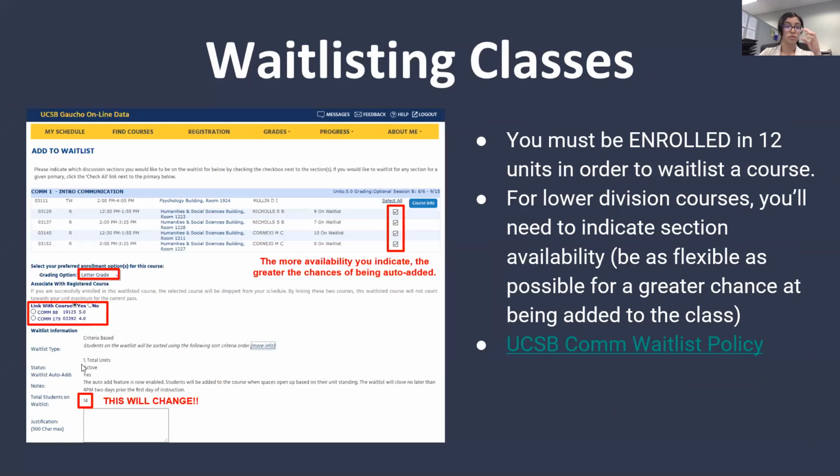One last thing I want to point out is the position on the waitlist. A lot of you may be used to a waitlist that is on a first come, first served basis. In the Department of Communication, we want our students who have the higher unit standing to be able to get into classes because they're the closest to graduation. That makes the most sense to our department. For that reason, you may see your waitlist position change. You may be number 4 on the waitlist one day and all of a sudden you're number 8 and you're like, wait, I don't understand. How did I move away?